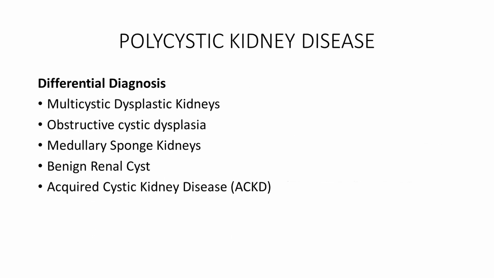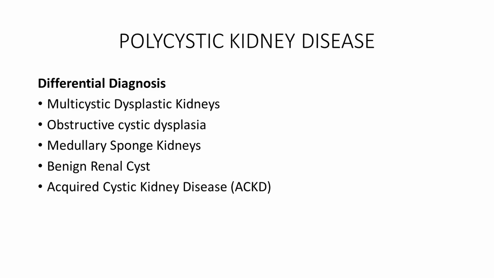Now, before proceeding further and discussing autosomal recessive and autosomal dominant, we need to identify certain other forms of cystic diseases of the kidney. You just have to remember the names; basically these are not serious disorders, but you should be able to identify the different types of cysts in the kidney. The differential diagnosis includes multicystic dysplastic kidneys, obstructive cystic dysplasia, medullary sponge kidneys, benign renal cyst, or acquired cystic kidney